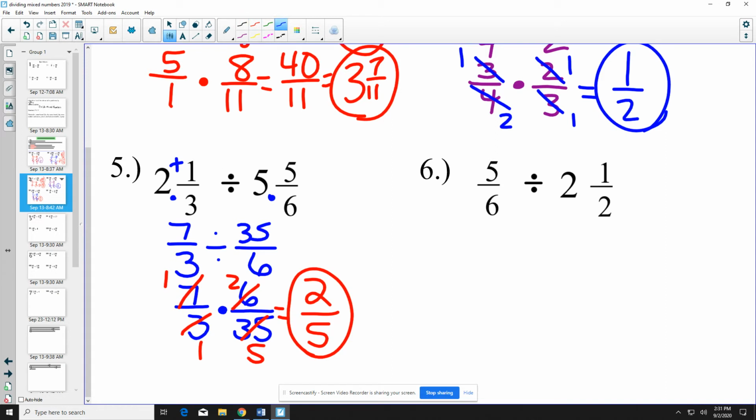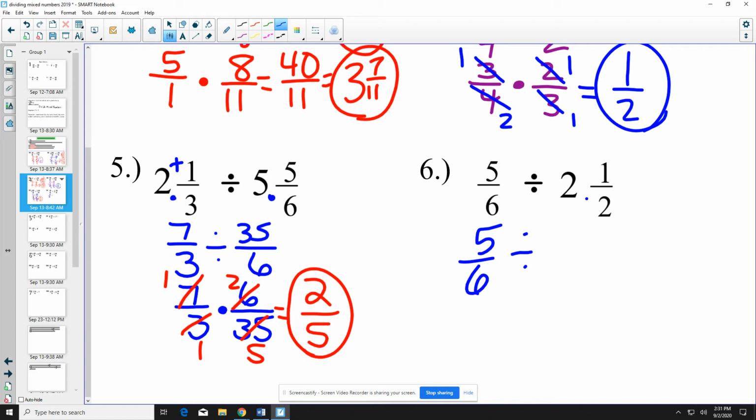All right, write down number 6 in your notebook. 5/6 divided by 2 1/2. Okay, we have to make 2 1/2 improper. Notice 5/6 is already a fraction, so you're going to write down 5/6 divided by